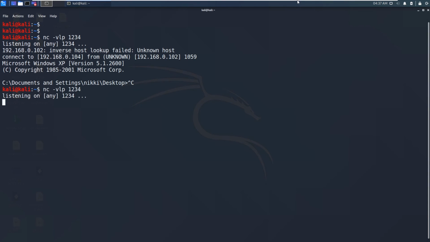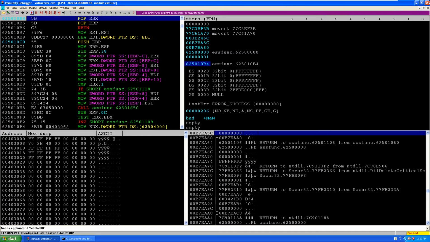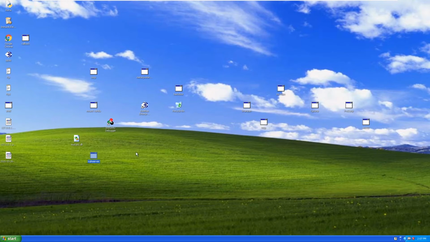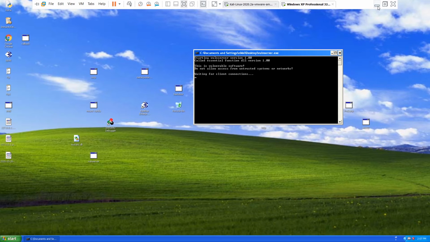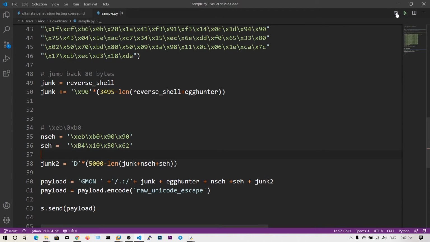So you don't need to press Shift+F9. What you can do is run the binary without attaching it to Immunity Debugger. Now simply run the exploit. That's it, you will get the shell.